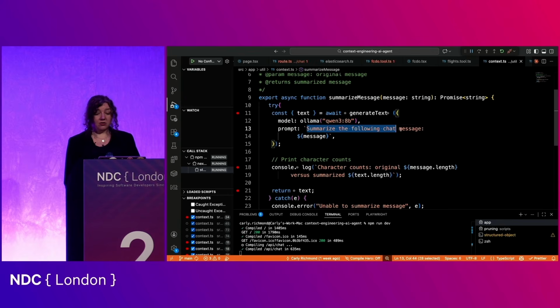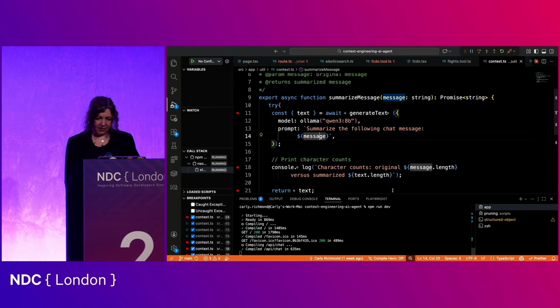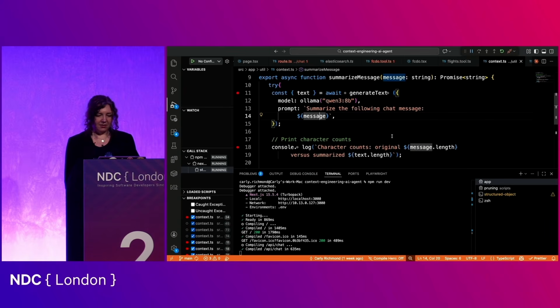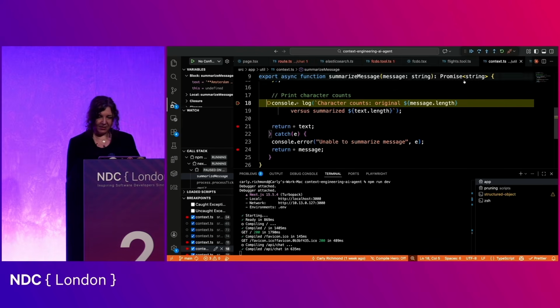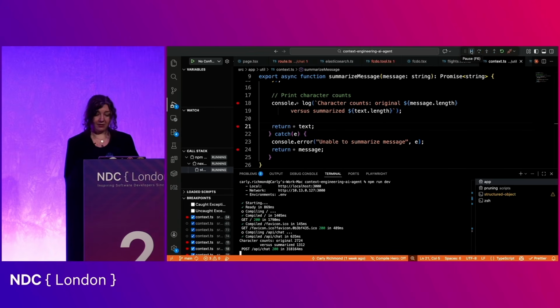I've passed in a prompt saying I want you to summarize the following message. And then, of course, I've included the message, because asking it to summarize something and not having it there, as we all know from context by now, we're going to end up with a result that is not expected and has a particular problem. So that's going to take a particular moment to come back. There we go. Okay. Clearly I've put my laptop under pressure this morning because Ollama's taking a while. There we go. But what you can see is if we go and output the counts, it's taken the original message of 27,024 and then it's summarized it down to 13 and 12, which it then returns and is going to persist down into our index.